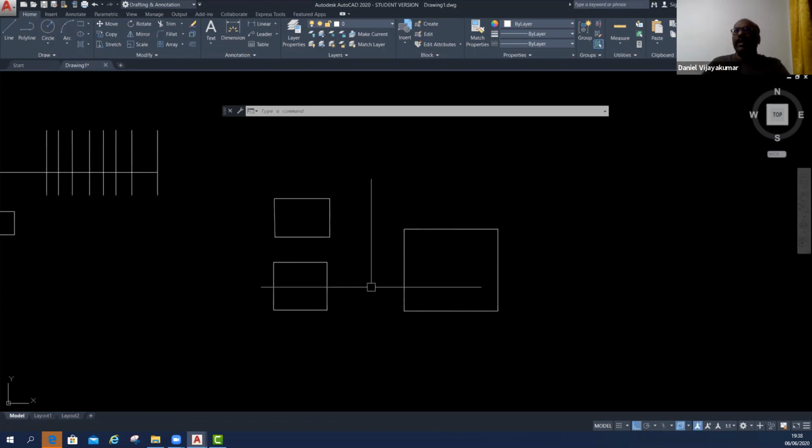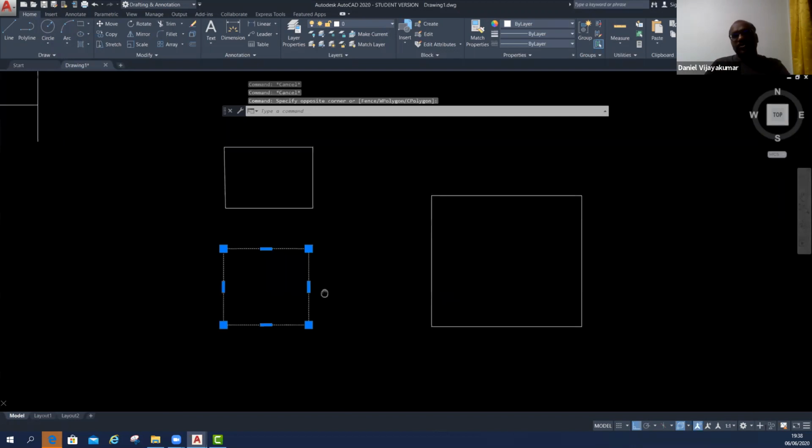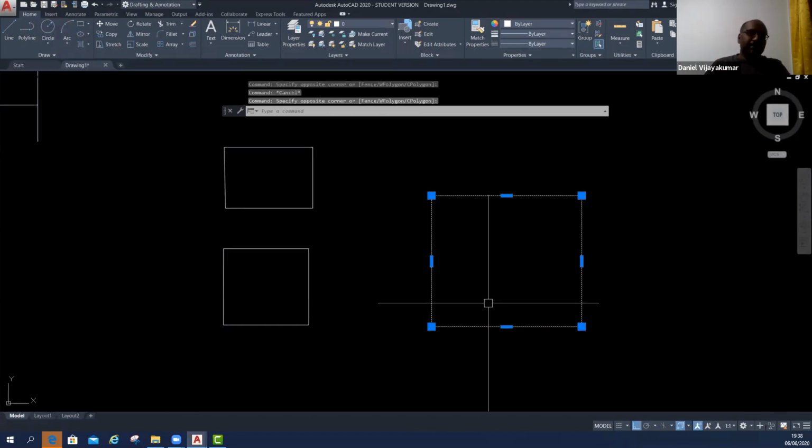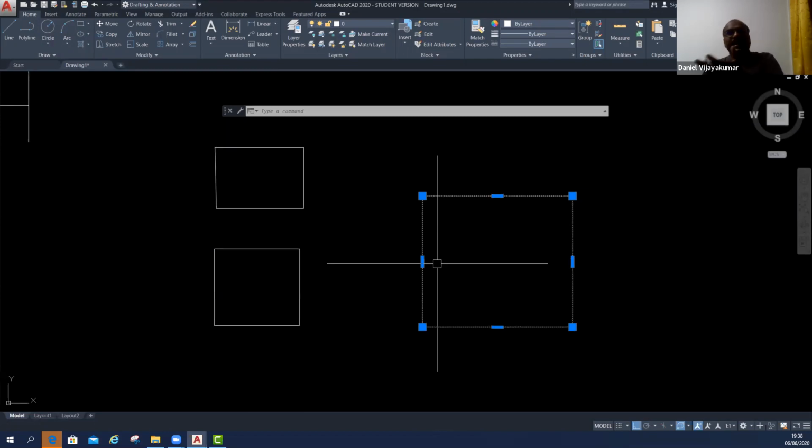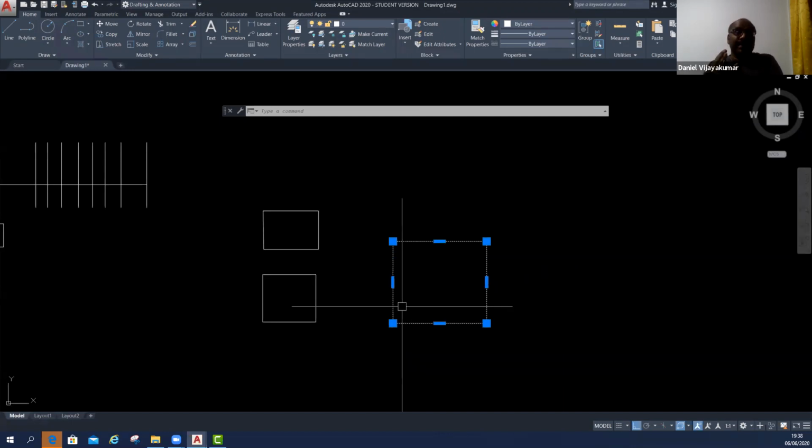That's for later. Okay, now I'm going to come back to the scale command. This is my 100 by 100 square column. This is my 200 by 200 square column. If I have the 100 mm column and I want the 200 mm column, I have to create one more. It's very simple to create the rectangle 200 by 200. But if it is 300 by 300, 400 by 400, 500 by 500, or 1000 by 1000, it's not easy to do all the time with the rectangular command.